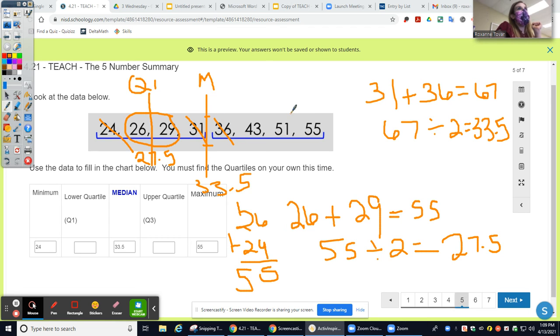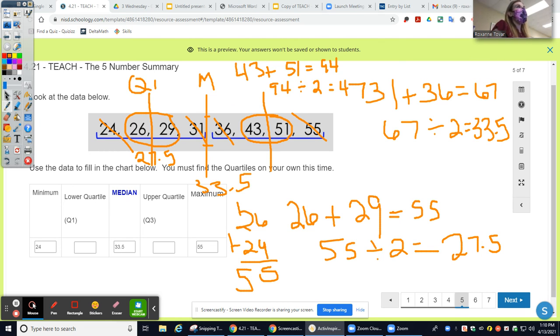And then let's go ahead and do the same thing for the upper half. We have 1, 1. So we're left with 2 numbers. Anytime you're left with 2 numbers, you need to take the number that's exactly in between. That's why you see that line going down the middle. So here we would have to take 43 plus 51, which is going to be 94. And then 94 divided by 2